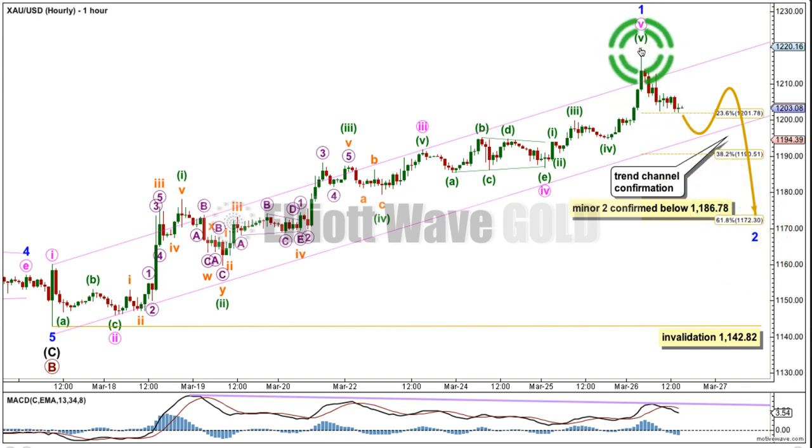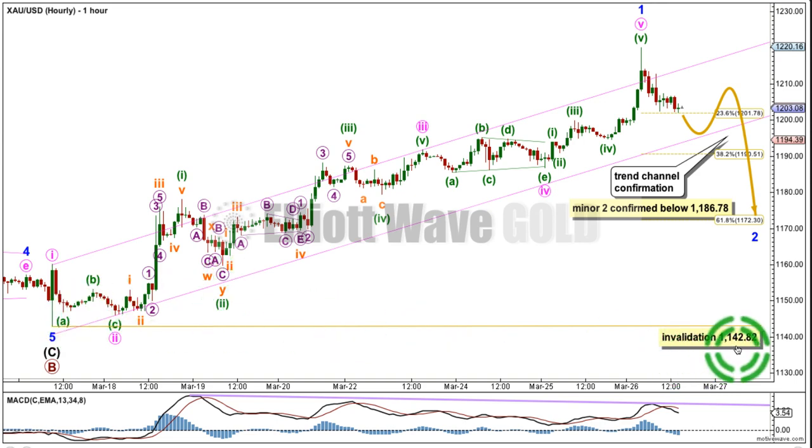Minor 1 lasted 7 days, one short of a Fibonacci 8. I'd expect minor 2 to most likely last 2 or 3 days, but it could be a bit longer in duration, maybe lasting 5 days. It's a second wave, so it's most likely to reach down to the 0.618 Fibonacci ratio of minor 1 at 1172. It doesn't have to be that deep, it's just the most common tendency for a second wave. It can't move beyond the start of 1 below